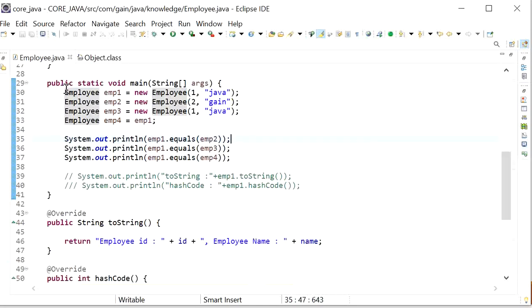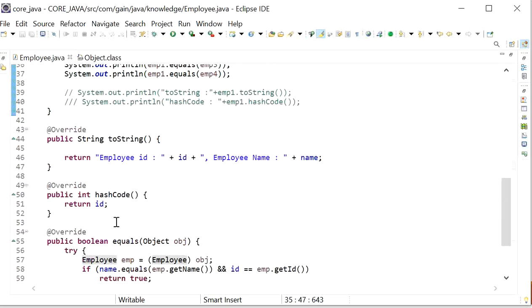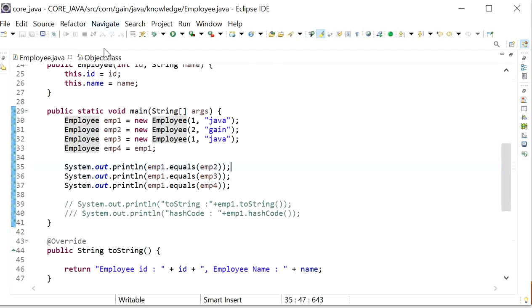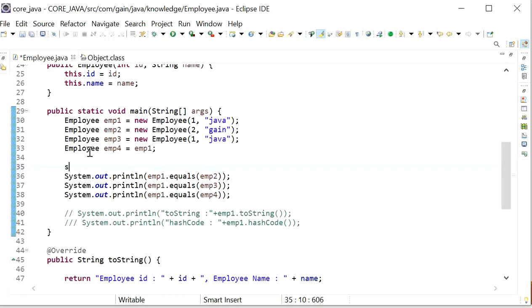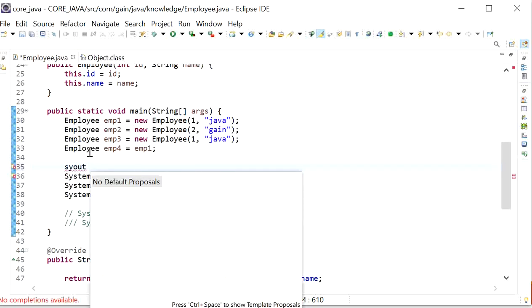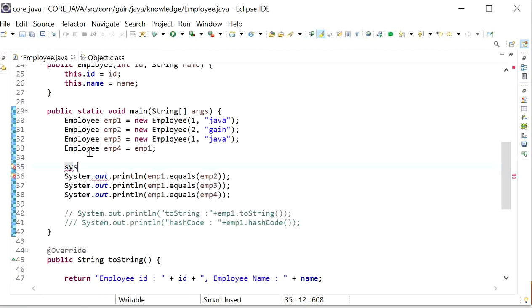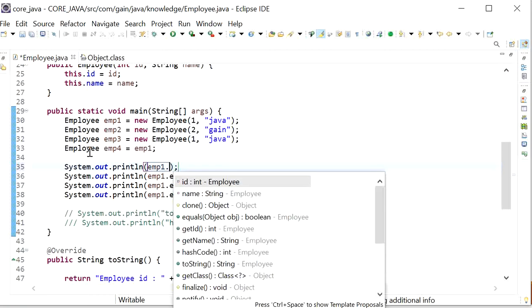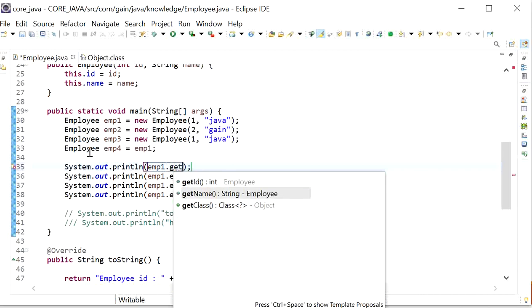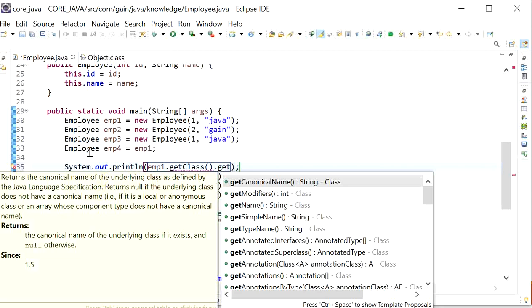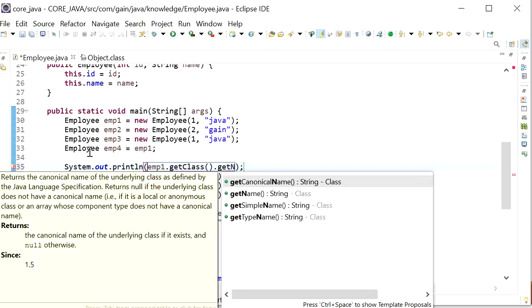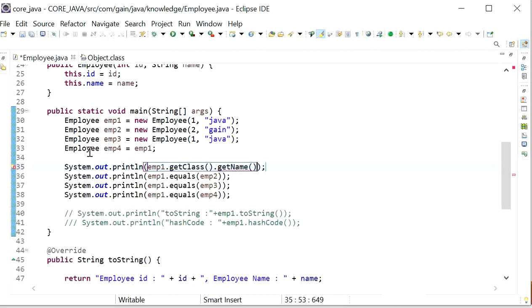Here we have created the Employee class, and if I call the function getClass, so here employee1 dot getClass dot getName, here we can get the name of the class that we will get at runtime.